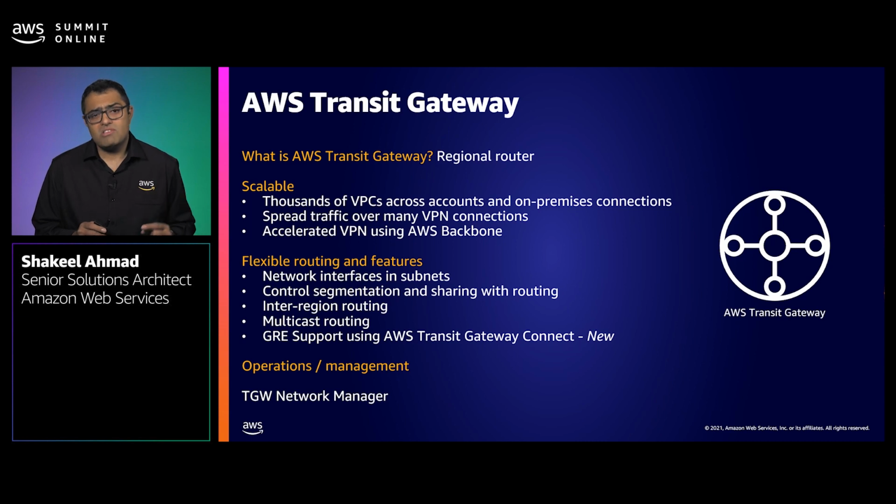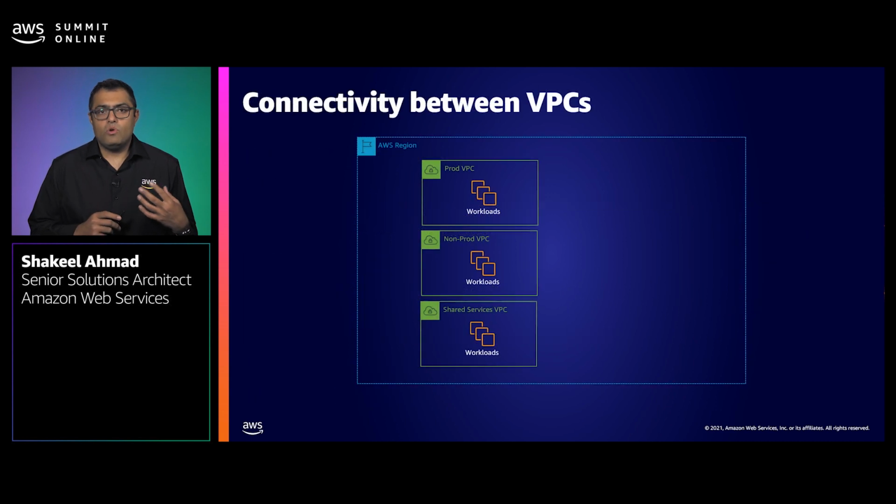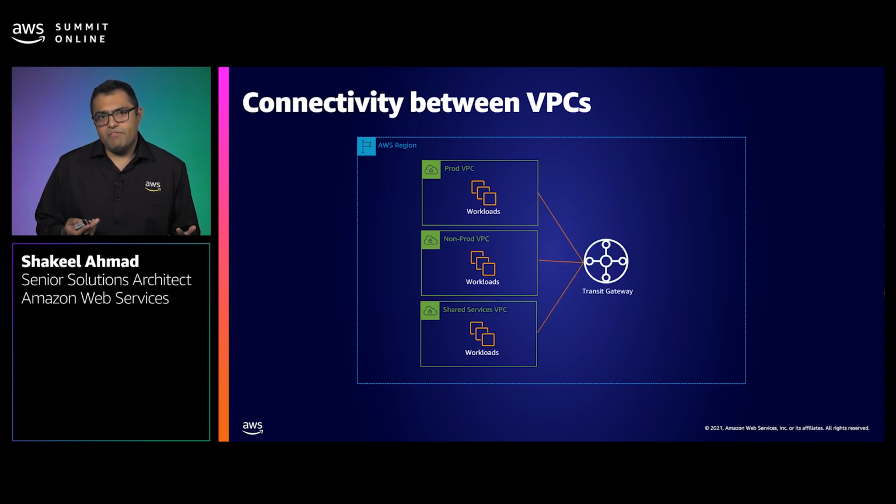Now, routing through a transit gateway operates at layer 3, where packets are sent to a specific next hop attachment based on their destination IP addresses, right? So let's bring that together now. Now we have a production, non-production, or dev workload in a separate VPC, as well as, let's say, a shared services VPC, which may be hosting domain controllers or other applications which are central or critical to your IT team. By bringing Transit Gateway into this design, we can connect these VPCs very easily without the complexity of VPC peering.